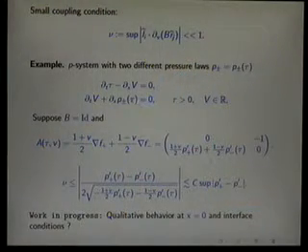Okay, so I stop here on this issue, but of course the next question is to analyze the qualitative behavior of the solutions, especially on the interface, because outside the interface there is nothing more to say. I mean, things are known. But on the interface, there is much more to say. But I would say the program here is not completely finished, so I don't want to enter into these details